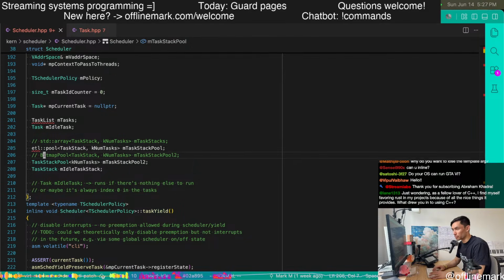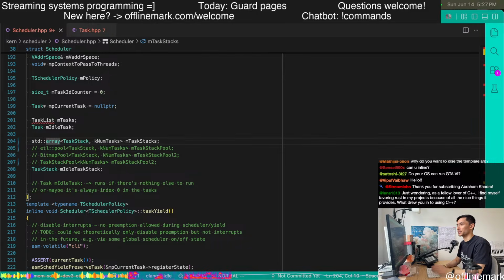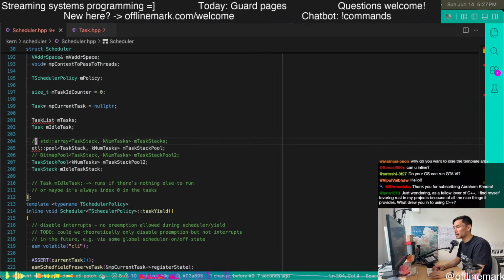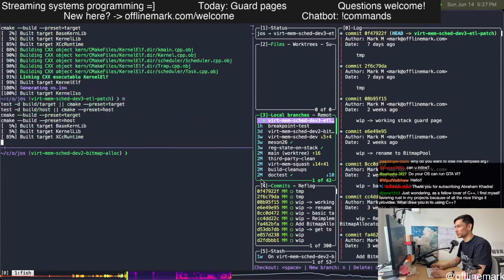We can even see both broken attempts. What I will really want to do is just simply bring this thing back, the std array. But before I do that, I don't like the build. My clangd is a bit finicky, but okay, yeah, the build is working, so let's just keep it that way.